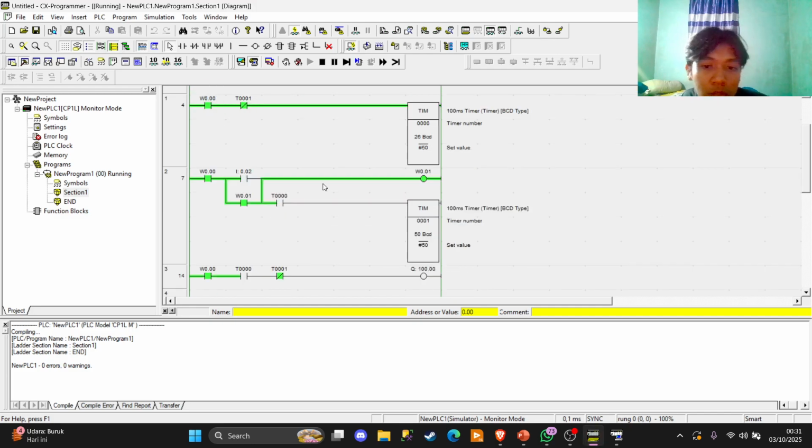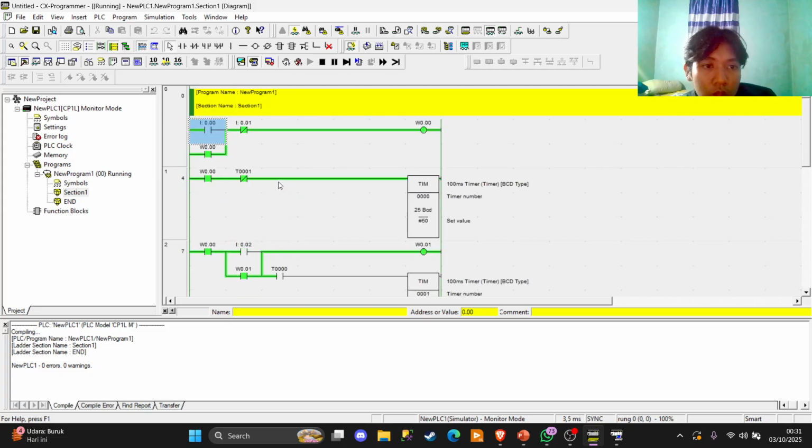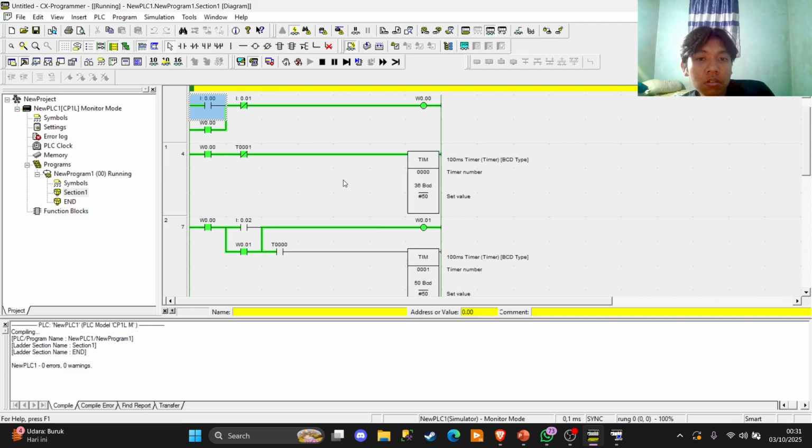Okay, so I will explain a little bit. This component we're going to use is the automatic solenoid valve, where it gets pulled or pushed back. So when we turn on the system, the first solenoid will come out for about 5 seconds, because we set it here to around 5 seconds.